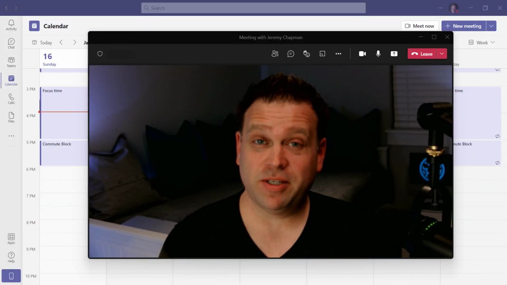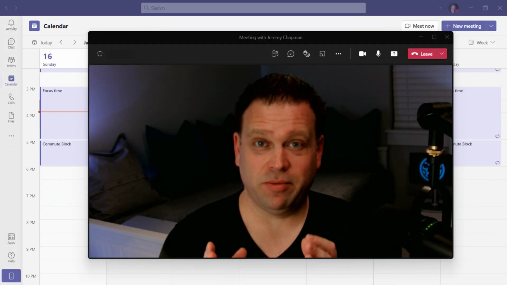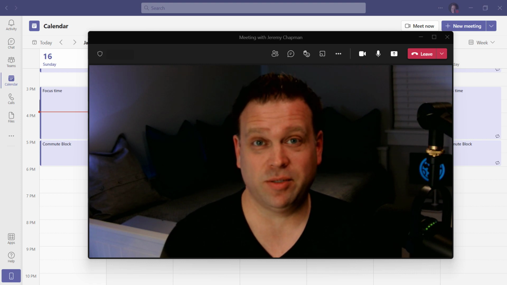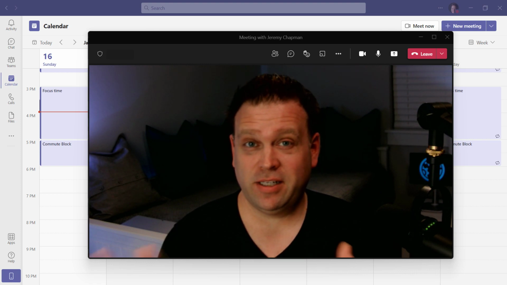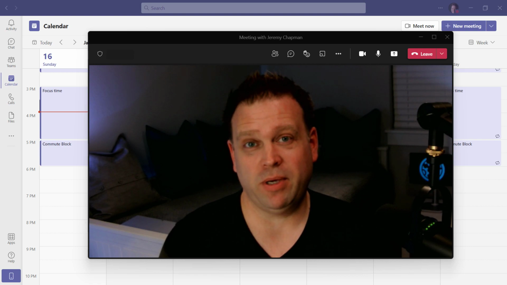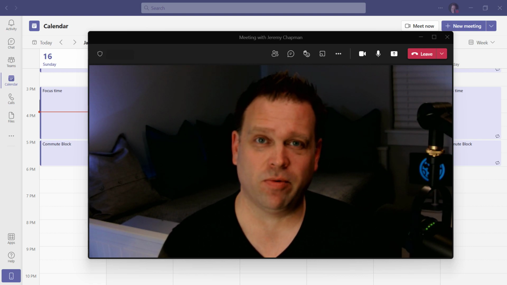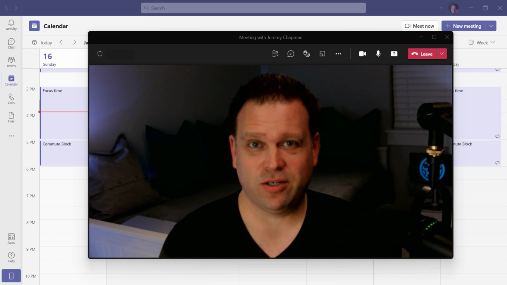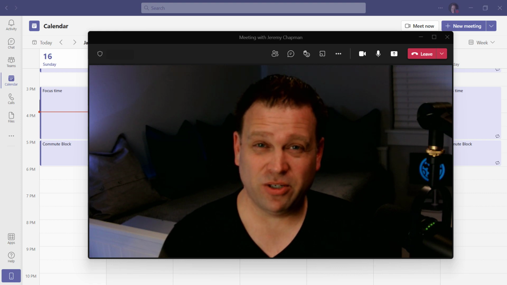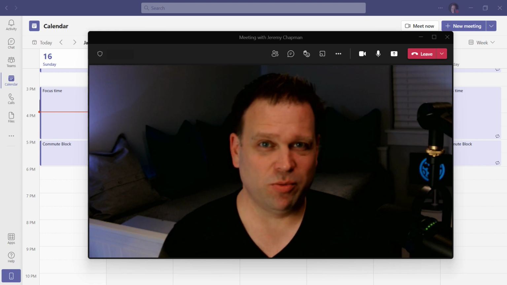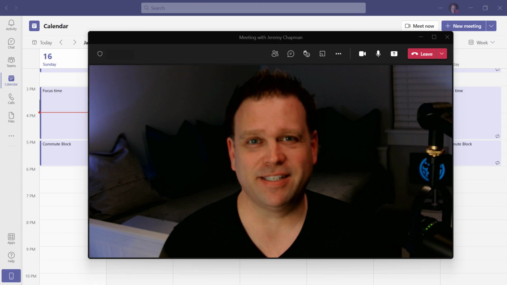Okay, so I have Microsoft Teams open and you can see my camera's on. One great way to test this with a full frame is just to hit the Meet Now button and set up a meeting with yourself and have the camera running. But now I can tell I need to tweak my image a little bit. It looks a little bit too dark to me and I might want to zoom in a little bit. So let's see how we can fix that inside of Teams.